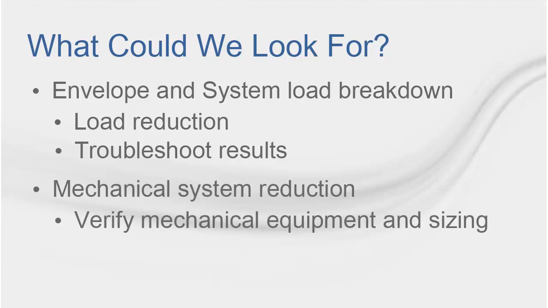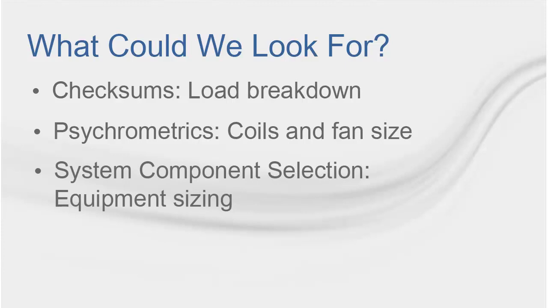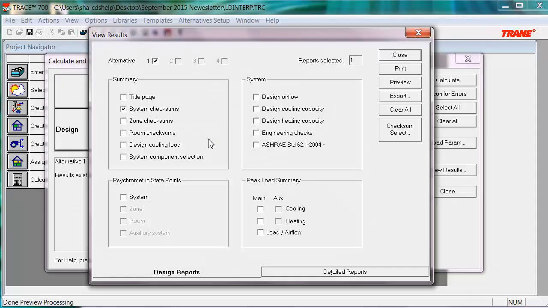Lastly, we can look at specific reports to determine how many systems or equipment we should be incorporating in the building. So what we'll do today is take a look at the breakdown of loads for this building system in the checksums, how the coil and fan are sized through psychrometrics, and verify the size of the equipment through the system component selection report. To start off, let's take a look at the checksums so we can look at a